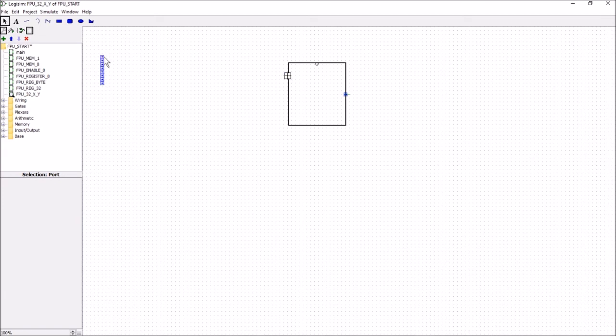That's the X input, and we're looking for the Y input. That's the Y input there. That's the X input, the Y input,